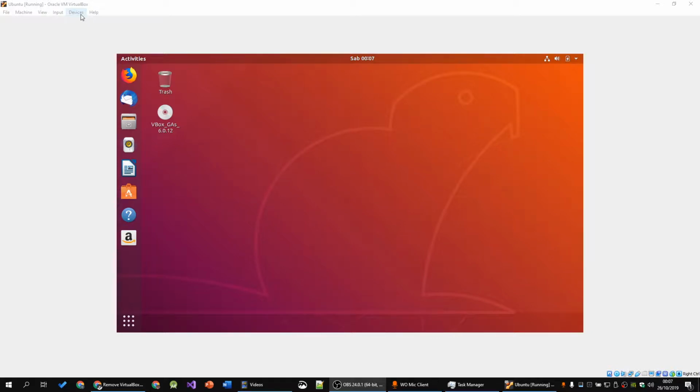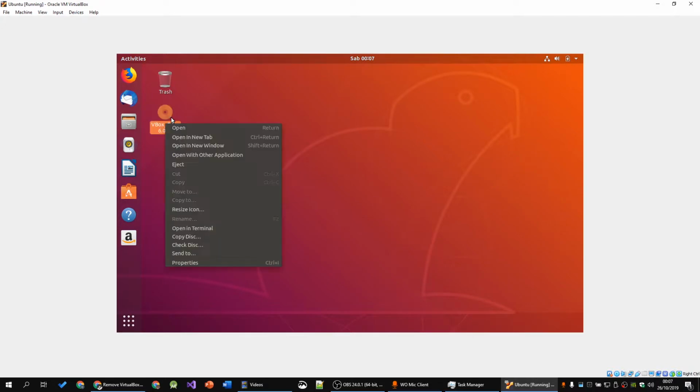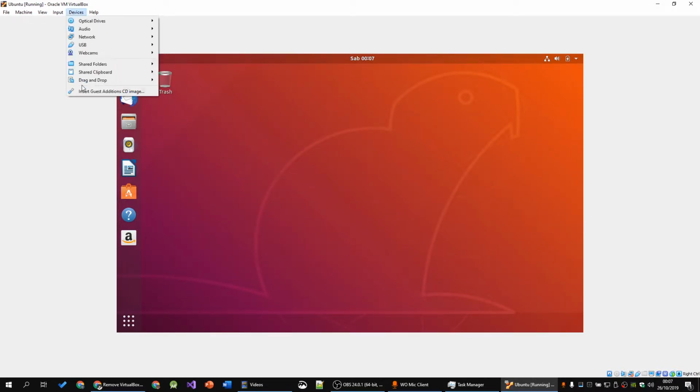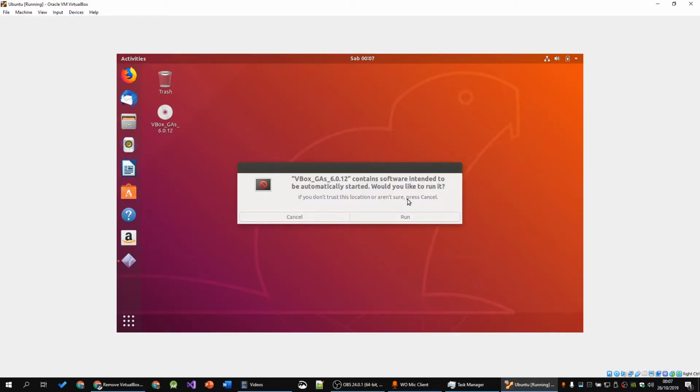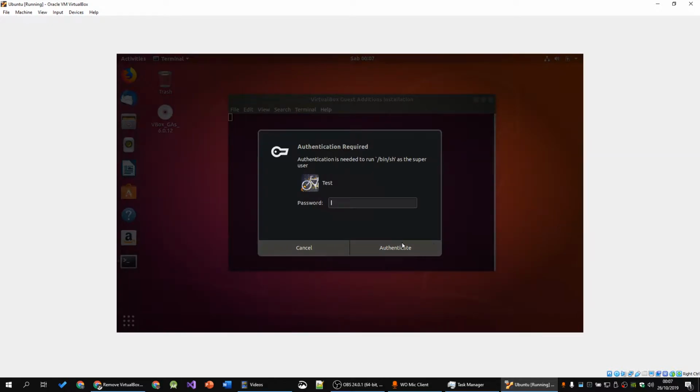Today I want to show you how to install the Guest Edition CD image into Ubuntu as a virtual machine with Oracle VirtualBox. So just click on Devices, click on Insert Guest Edition CD image. There will be a pop-up where you then press Run, enter your password,